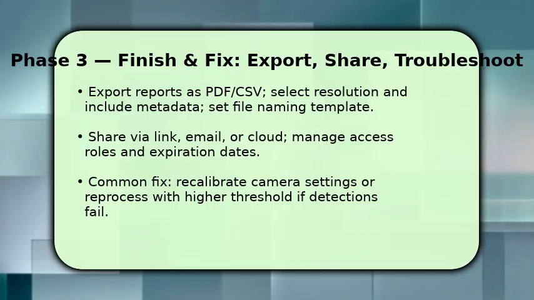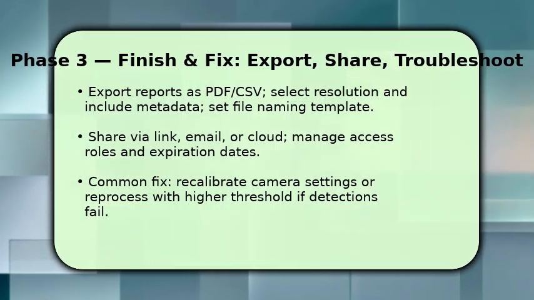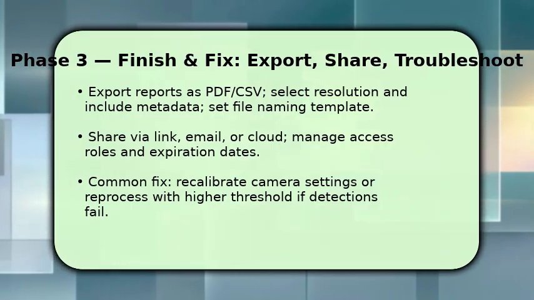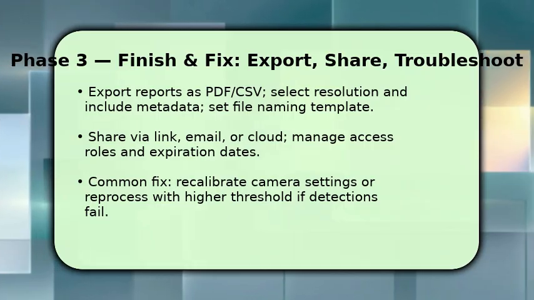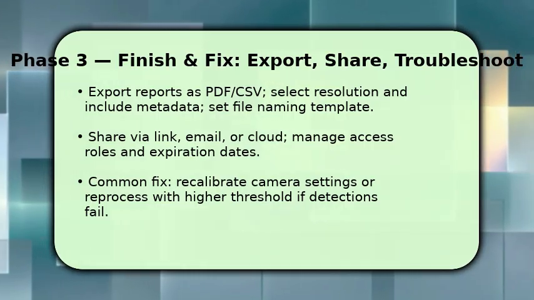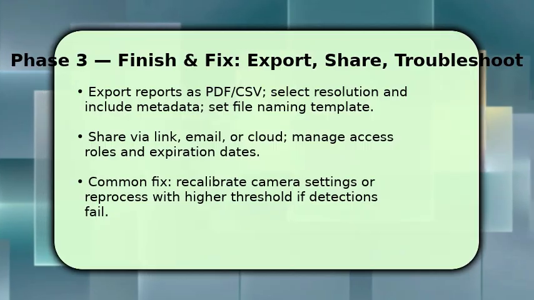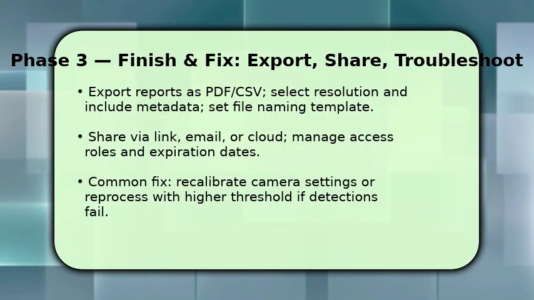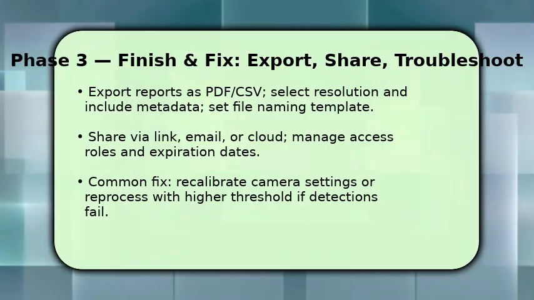Then share results via link, email, or cloud storage, and make sure you manage access roles and set expiration dates if needed. If something goes wrong, recalibrate your camera, retake the image under better lighting, or reprocess with a higher confidence threshold. This troubleshooting step resolves most detection errors. If issues persist, restart the app and